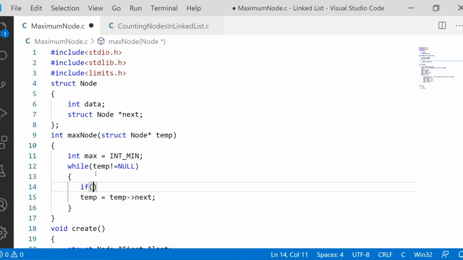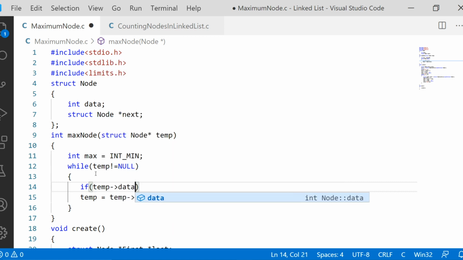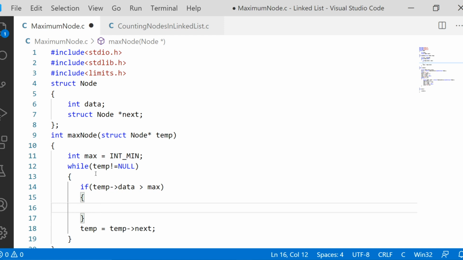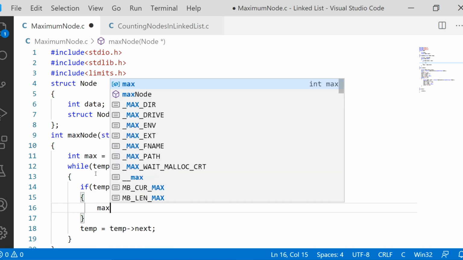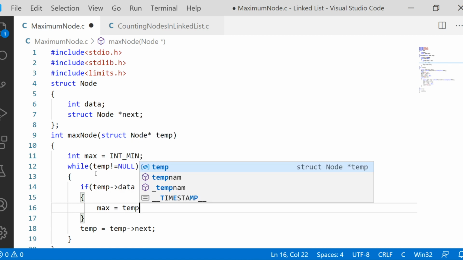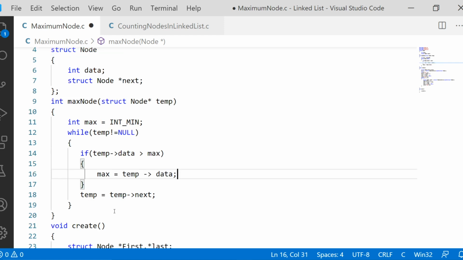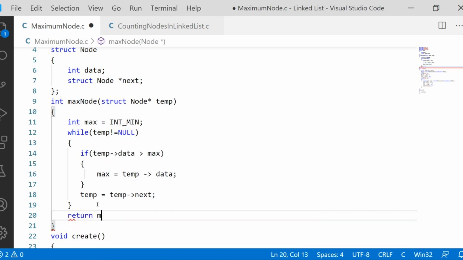You should be comparing with an if condition: if temp of data is greater than max, then let us change the new max value to temp of data. Fine, that's it. Okay, so finally after coming out of the while loop, we have to return the max value.